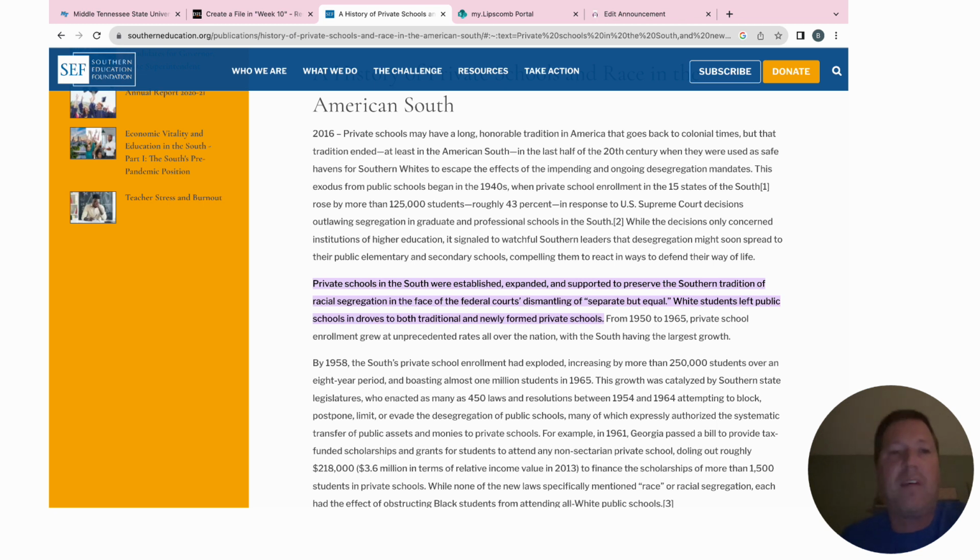So here we have a source that tells me that, if you look here in purple highlight, private schools in the South were established, expanded, and supported to preserve the Southern tradition of racial segregation in the face of federal courts dismantling separate but equal. White students left public schools in droves to both traditional and newly formed private schools. From 1950 to 1965, private school enrollment grew at unprecedented rates all across the nation, with the South having the largest growth. So right there we have what I consider expert opinion